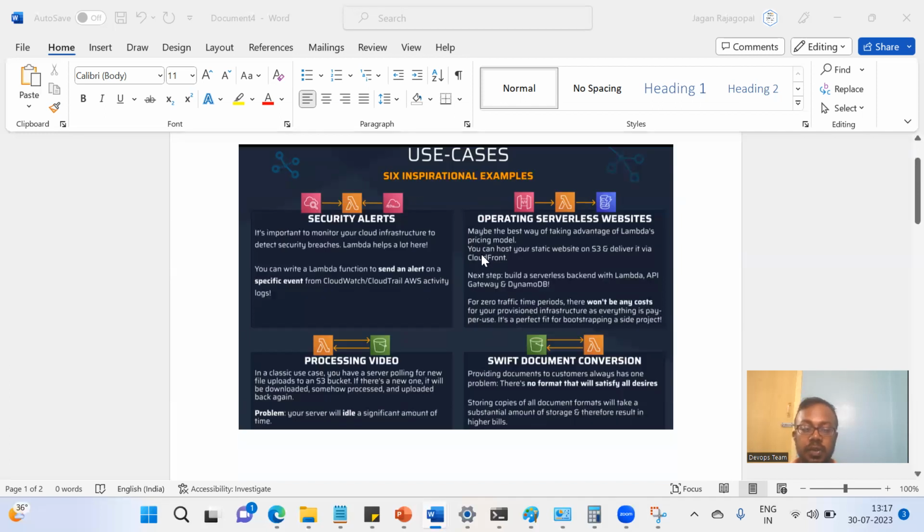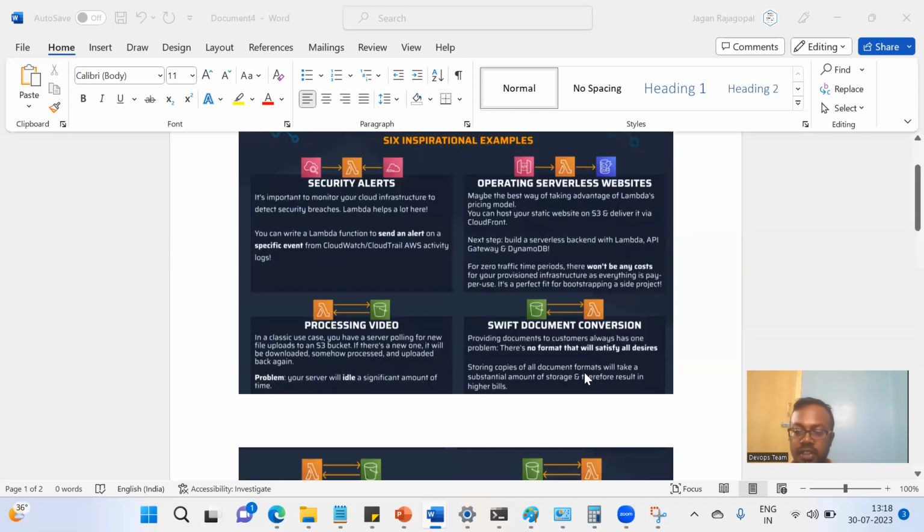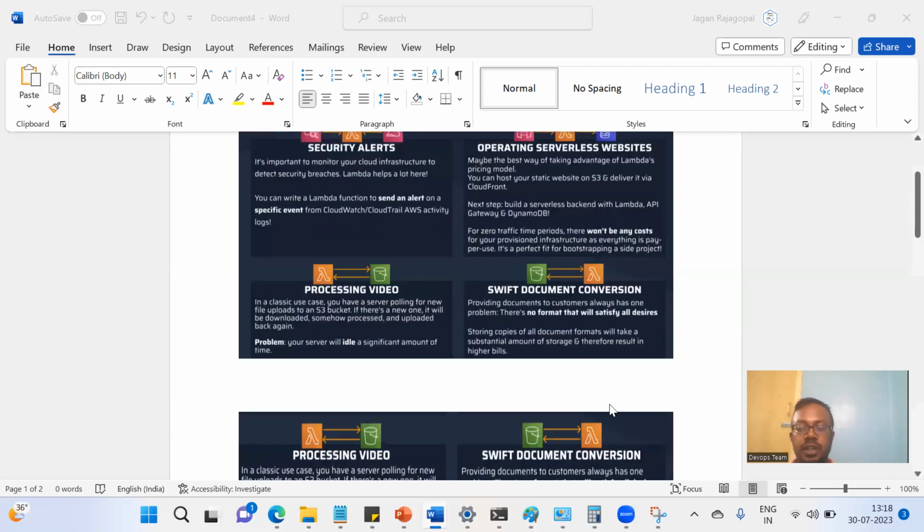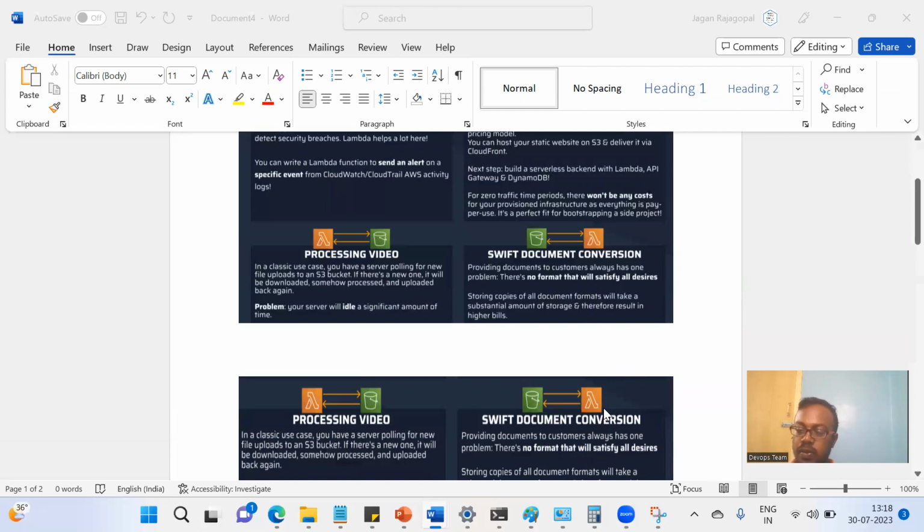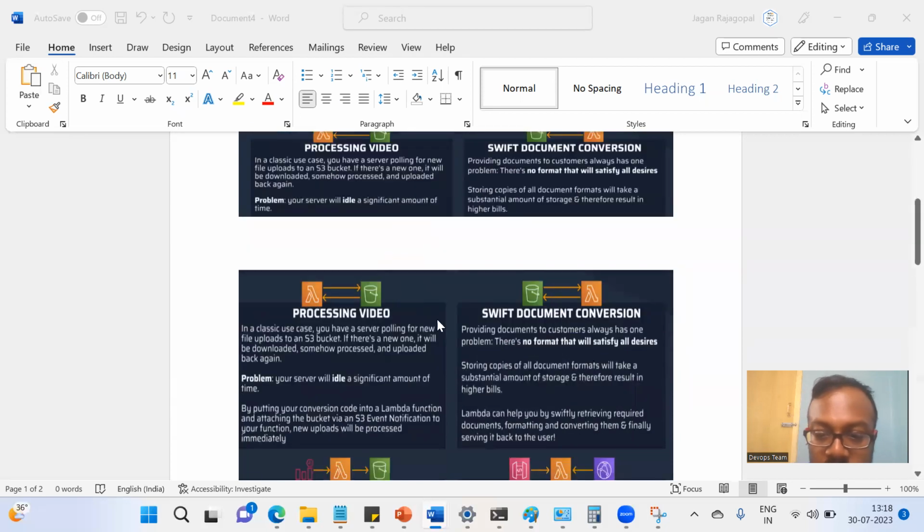Another use case is processing videos. You have some videos that you need to process in the background. I don't want to do it in a synchronous way. So somebody uploads a video, I process the data, put it into some location, and notify asynchronously. You can do video conversions as well. For that, you don't need to provision any infrastructure, because once your process is completed, it is automatically taken care of.